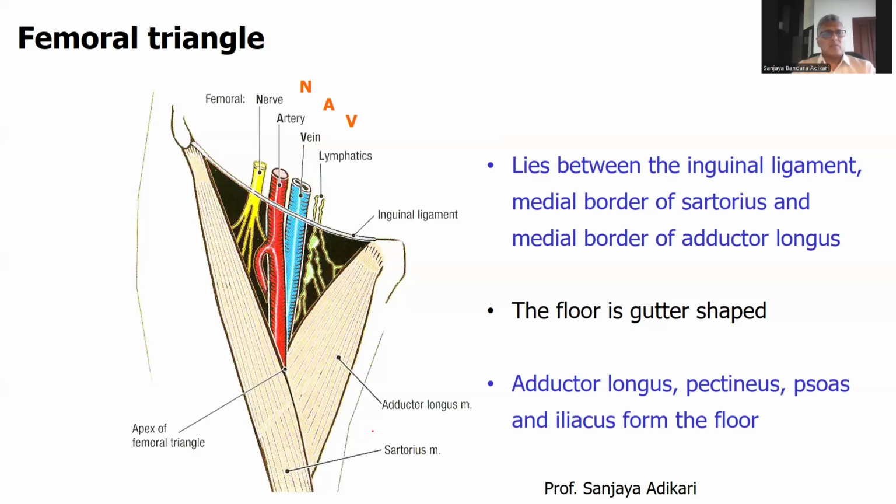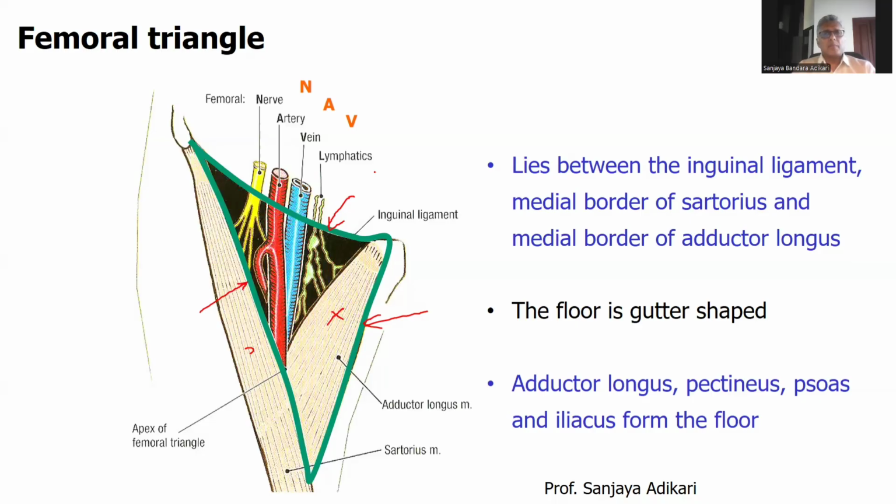Okay, few things about the femoral triangle. Now, its base is the inguinal ligament. Base is the inguinal ligament. Then the medial boundary is the medial border of the adductor longus, and the lateral boundary is the medial border of the sartorius. Therefore, adductor longus contributes to form the floor actually, but the sartorius does not. Sartorius is not forming the floor, it's outside the femoral triangle. And you already know the structures in the femoral triangle: nerve, artery, vein, and lymphatics, in that order from lateral